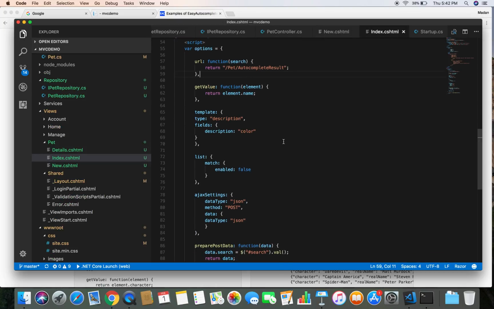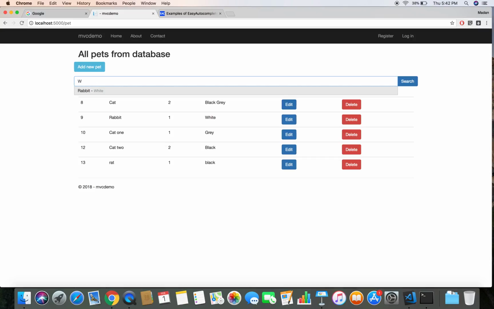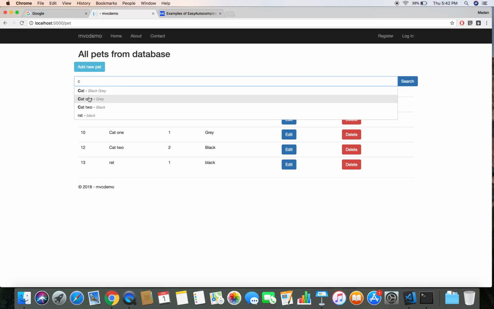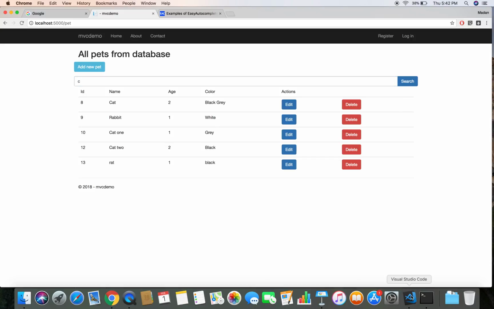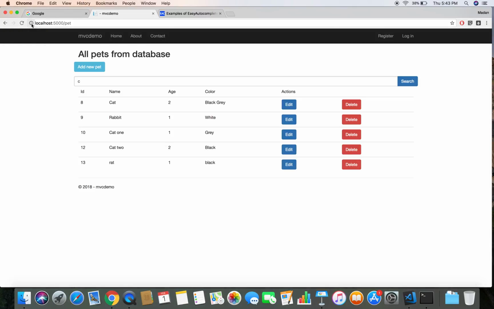And another option is get value. This get value is whatever you want to display in your autocomplete. For instance, we have given name, and when we try to search, then it gives us the name. But if you want to display the color there, then you can do color and save,